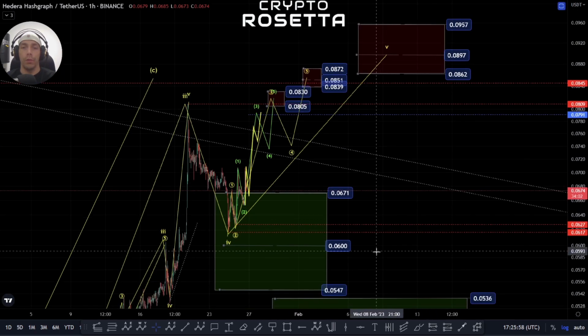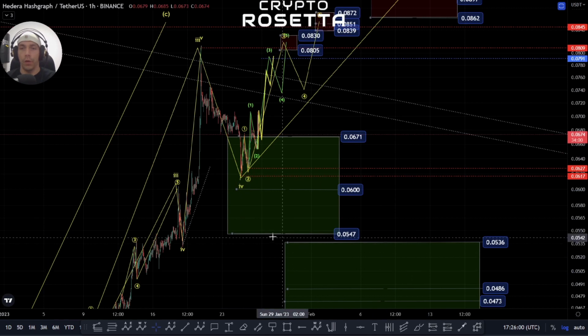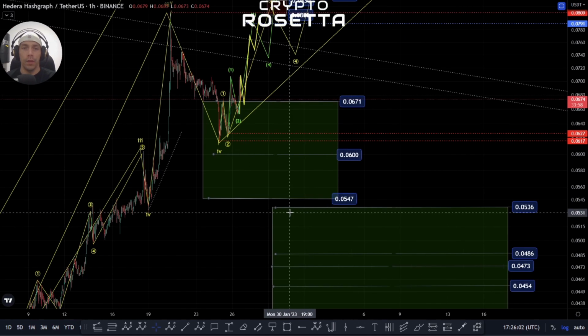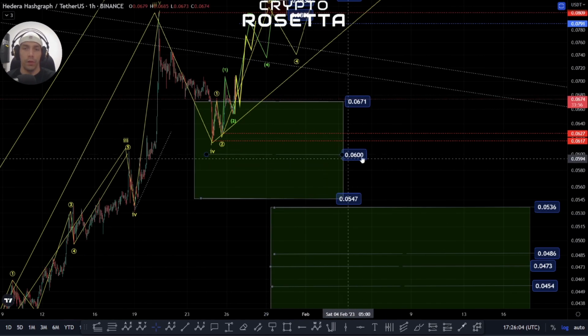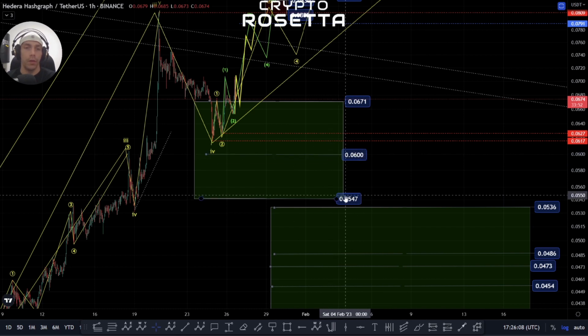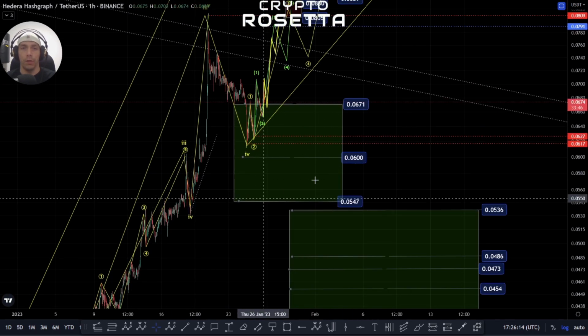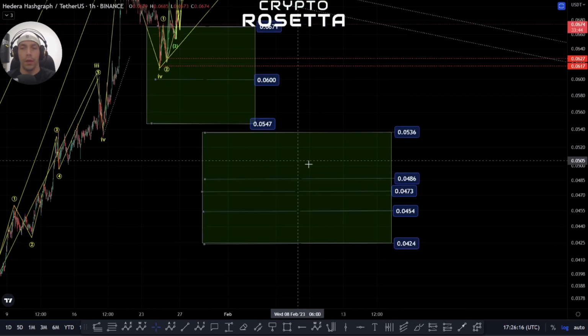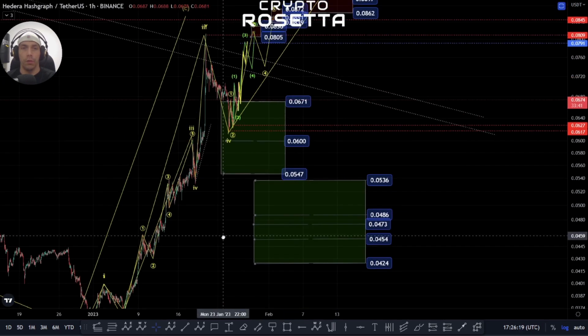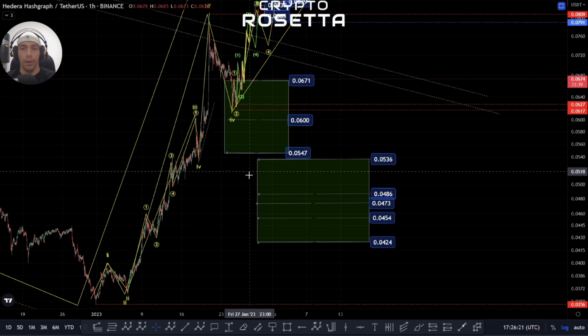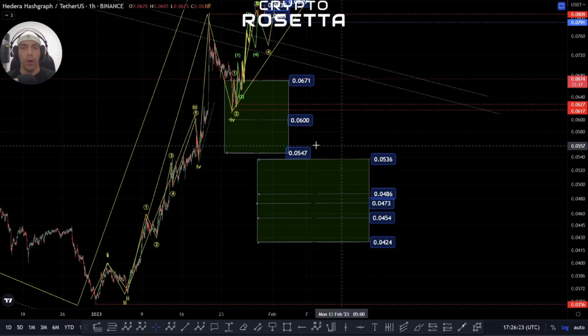However, if we lose this low point of this 0617, then the next area of support would be the 6 cent area, and then this lower range here would be this 547. If we fail to hold these zones and we actually lose this fourth wave here, basically what we would have to do is have a look at either we're going to find support here, or like we talked about in